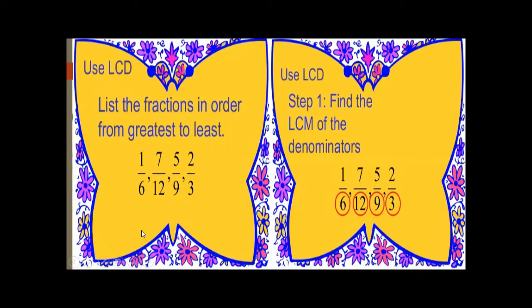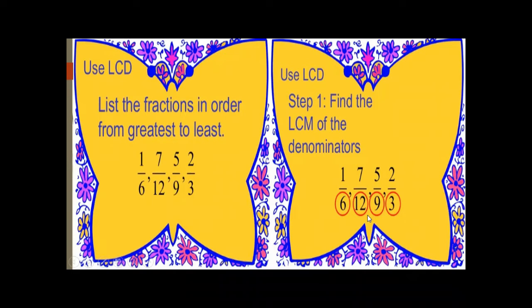Okay. Whether we go from descending to ascending order or ascending to descending order, in both cases we will take the LCM of the denominators of all the numbers. All the numbers we have in denominators, we will take the LCM, least common multiple, of the denominators. It means that I will take the LCM of 6, 12, 9 and 3.